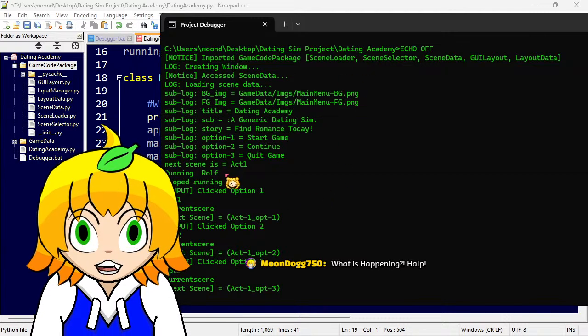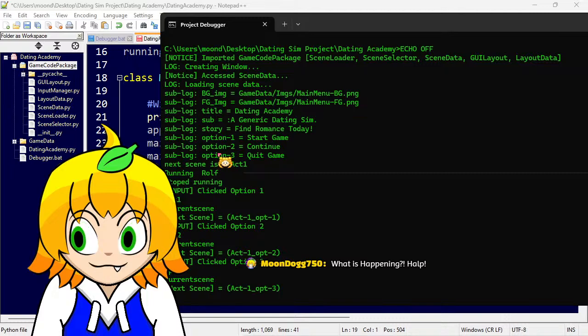What I'm having trouble with is trying to flip through acts at the moment. If we keep going down here, I have it set to Act 1, meaning I want it to load the next one, but it's not loading the next one. So that's why I'm trying to install a while loop so I can go back and rerun code again with new data.